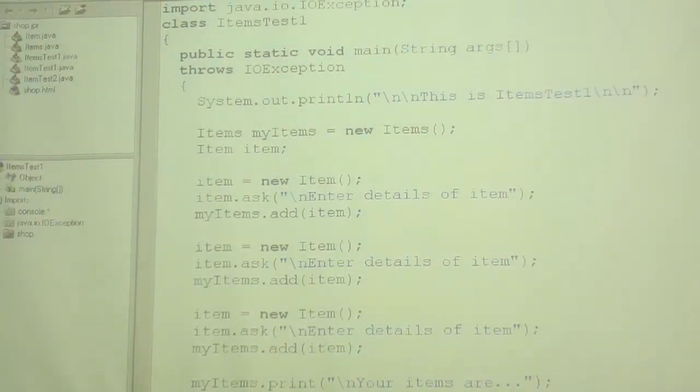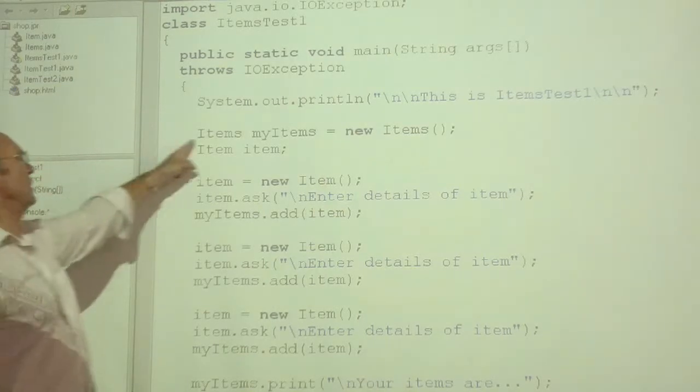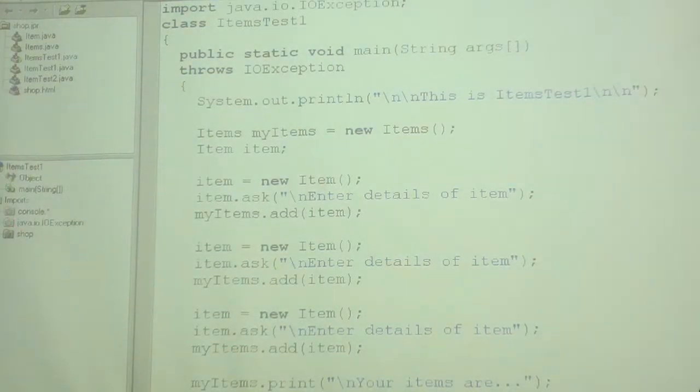I've given it the name my items, but its class is items. And we use the plural to show that it's a container class. I'm not going to do a tremendous amount today, because I don't want to make you brain dead for your assignment. With a bit of luck, we might have some time for some practical later on. But what I want to do to start with is,